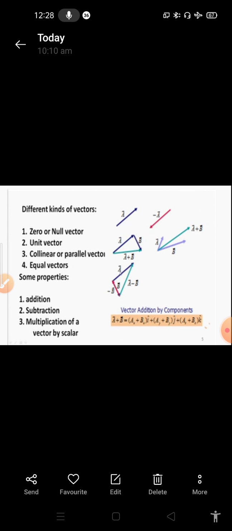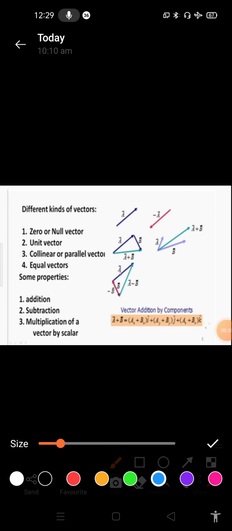So now coming to the diagrammatical representation, okay? In this diagrammatical representation, the vector A is represented by A bar, and another vector A in the opposite direction, exactly opposite to the A. So this is also a vector but with a negative sign. The vector with a negative sign is called opposite vector,